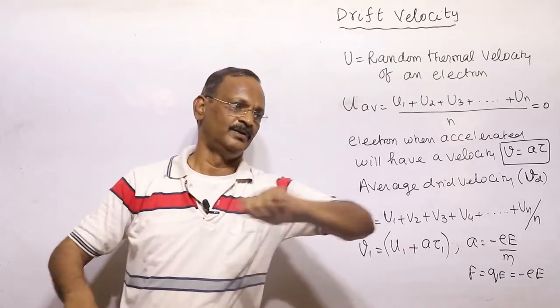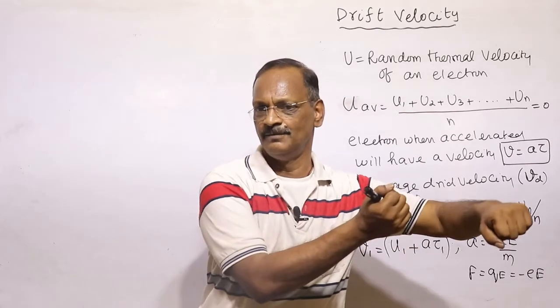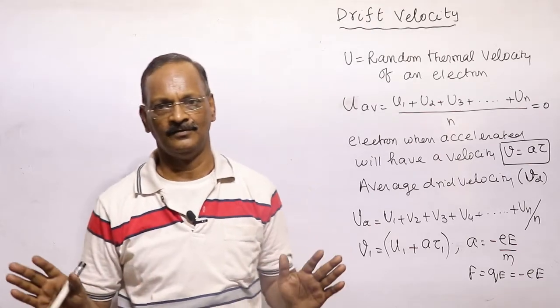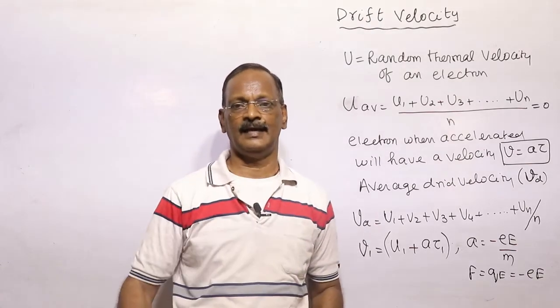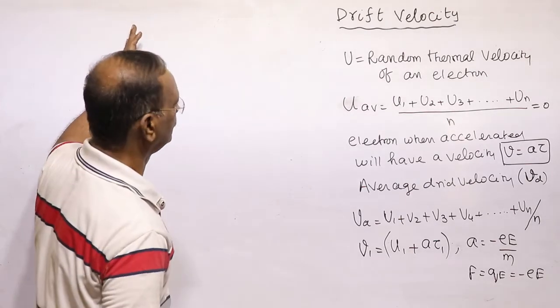Again he will be pulled with the rope, that is, the electric field is pulling. So if he is pulled with the rope, again he will fall down, his velocity will become 0, acceleration will also become 0. But since he is pulled again, he will gain velocity as well as acceleration. In this way, it is drifting from one end to another end.